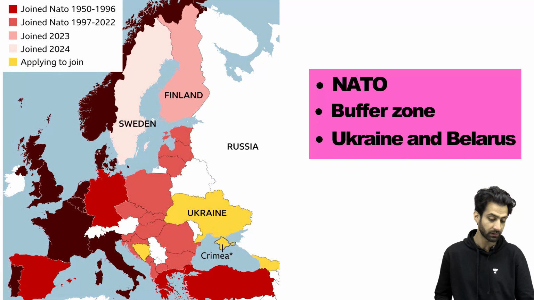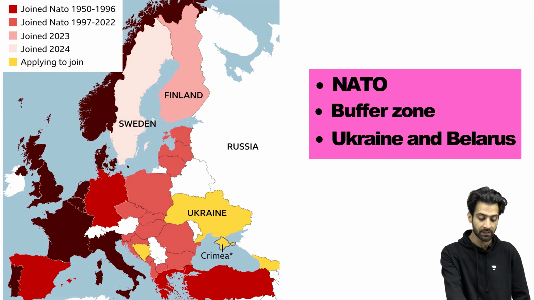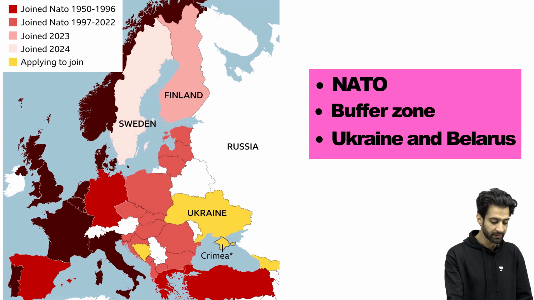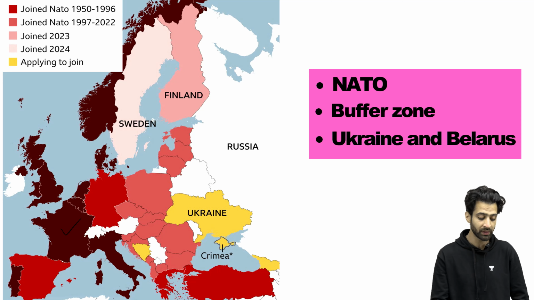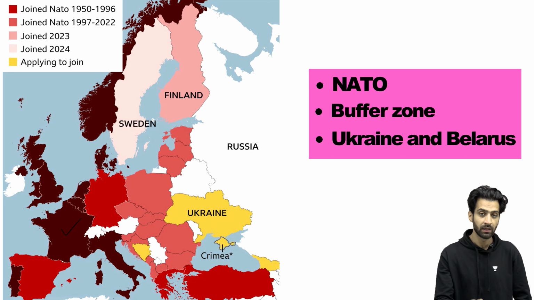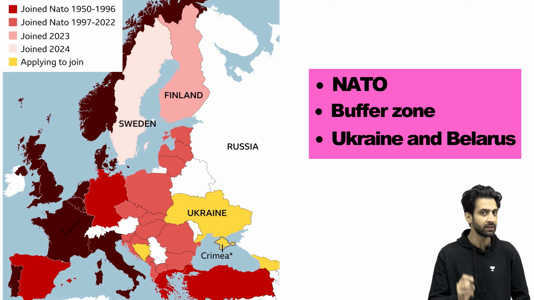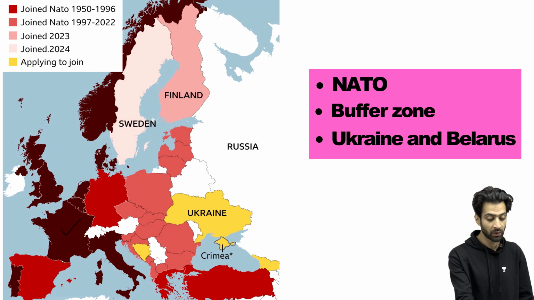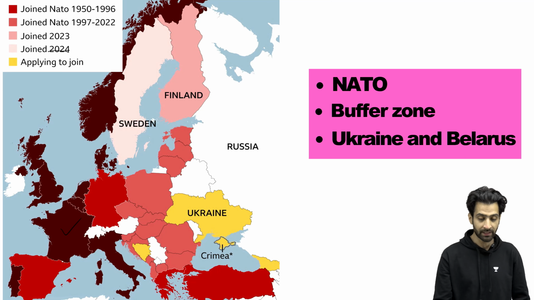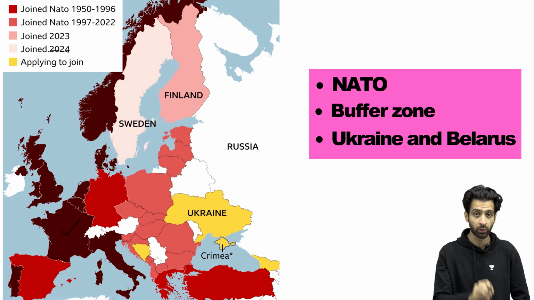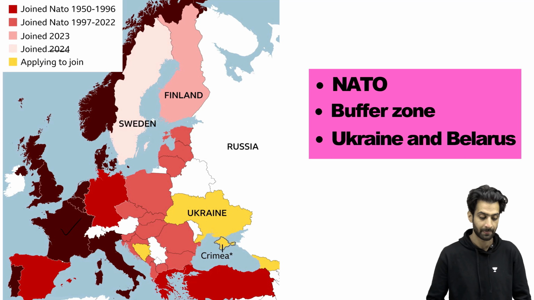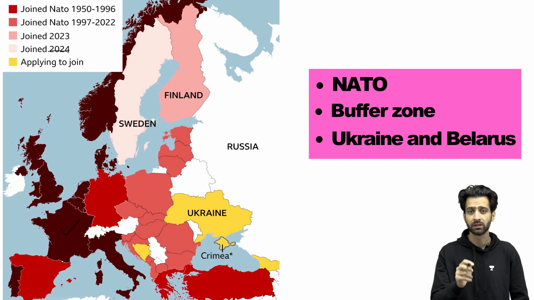Today, if we look at 2024, this is the map of Europe in front of you. Now, look, the darkest colors are the founding members. You can see there are very few founding members of NATO. But over the period of time, other members started to join. And in 2024, I think almost the entire Europe has joined NATO except a few countries. This is a cause of concern for Russia.